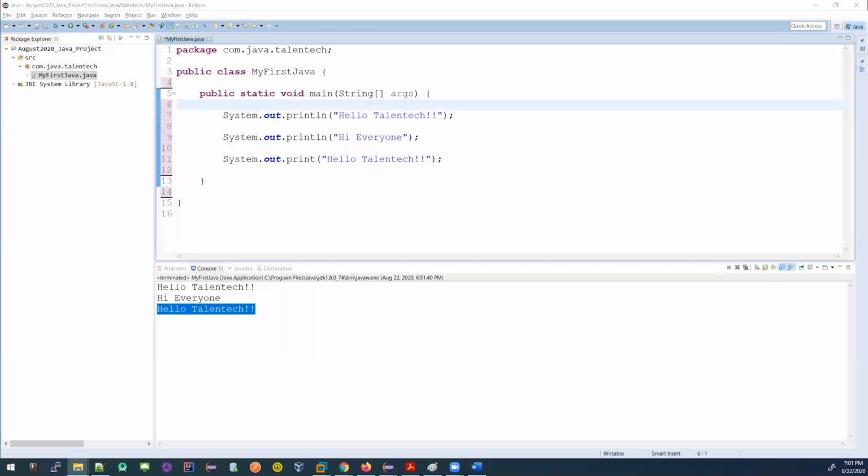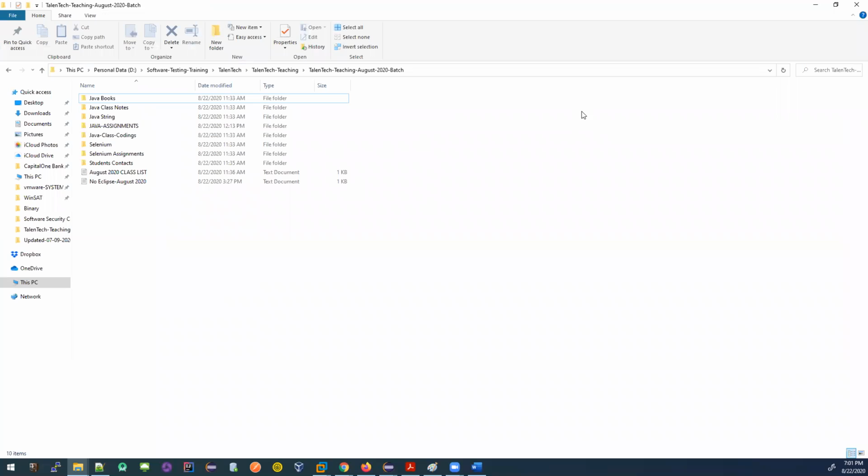So for you, I have the list of people's email addresses. I'm going to send out an email and create a Google Drive, and then I need to add all the students in this batch by email address. So give me some time. I'm going to do it by tomorrow, or at most Monday.